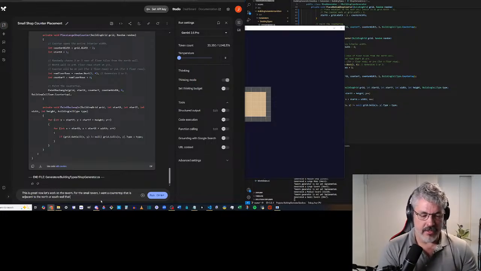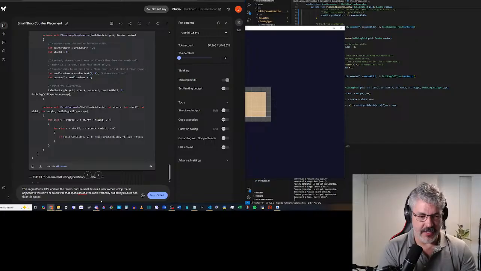That spans across the room vertically, but always leaves one floor tile space before reaching the other wall. I feel like I'm being confusing with how I'm wording this.